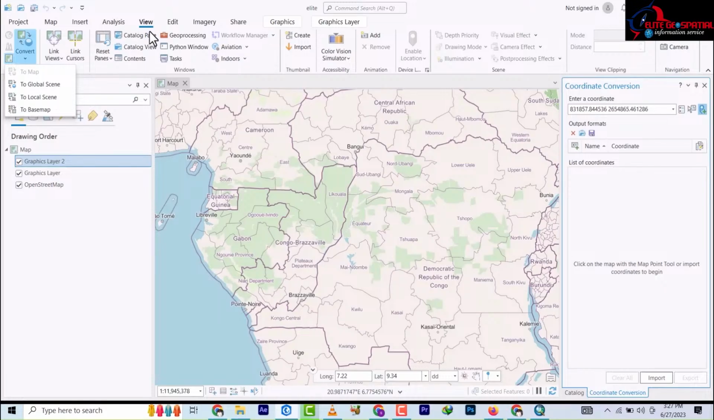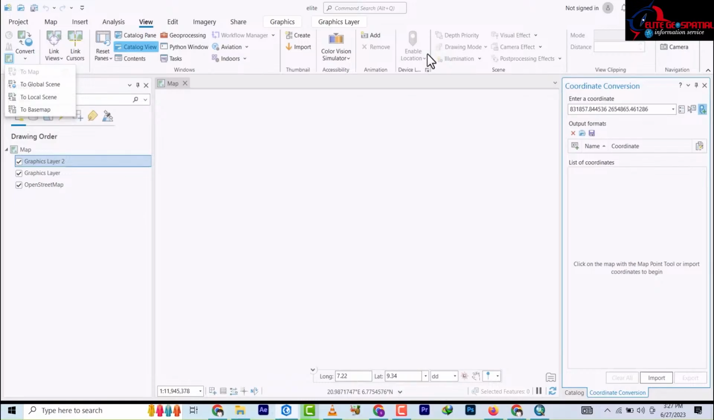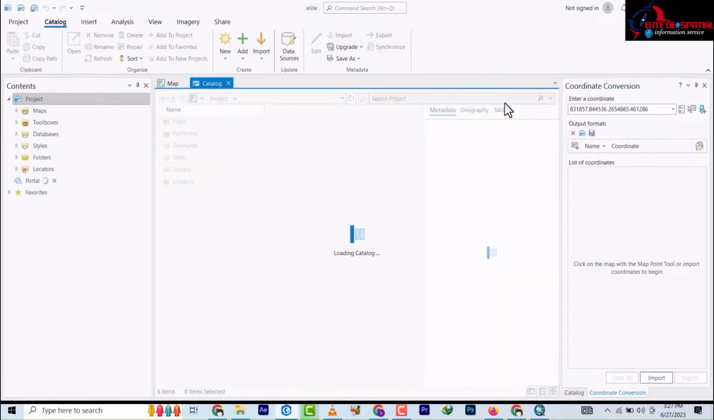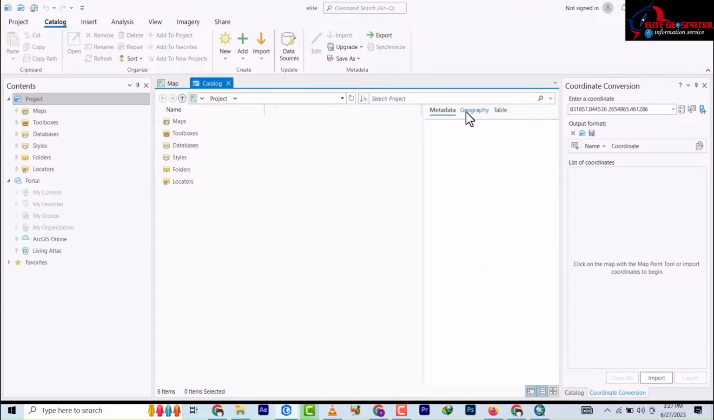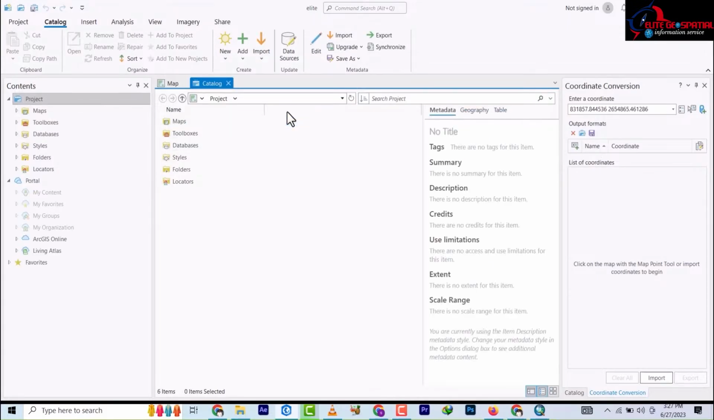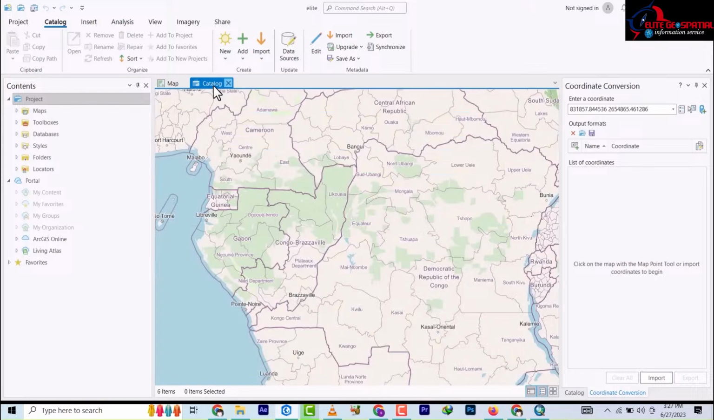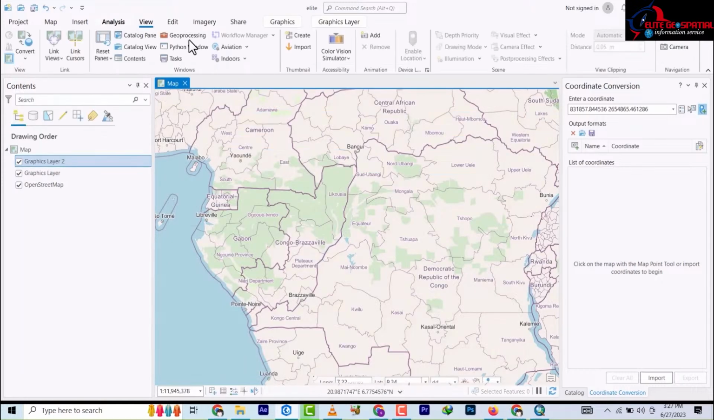So if I click on catalog view, sorry, this is our catalog view. So it came out here. But then let's remove it anyway. And then I just want to make you understand that they are virtually the same thing as from the ArcGIS